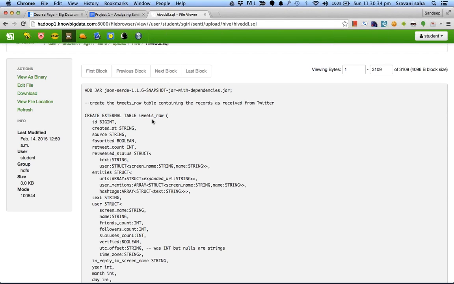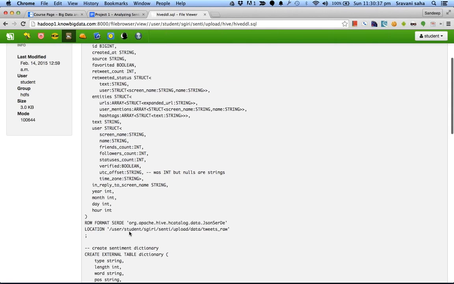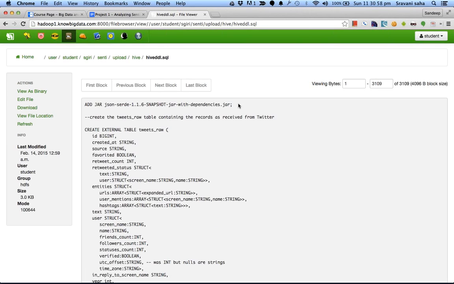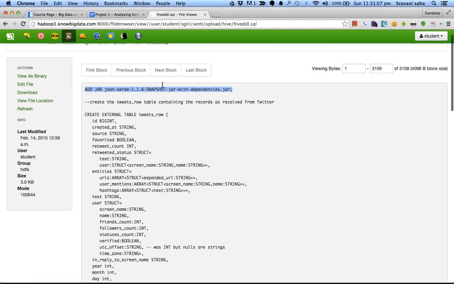First we create an external table called tweets raw on top of our data which is lying over there. Our data is lying here called tweet in this folder, and this data is zipped and is in the form of JSON. To load the data in JSON, you use the JSON SerDe, and therefore, before you start the process, you add this jar. This jar is also available as part of this folder itself. This jar is something which is available in public for everybody who wants to load data in the JSON format in Hive.